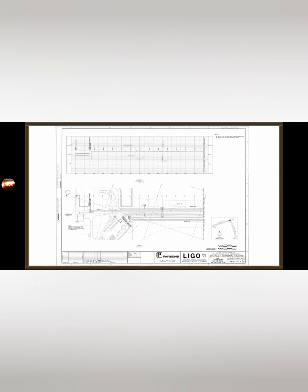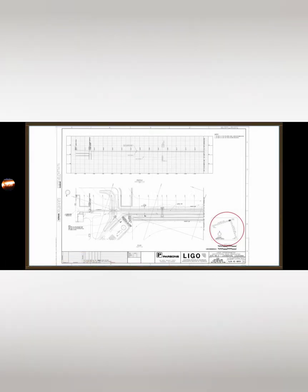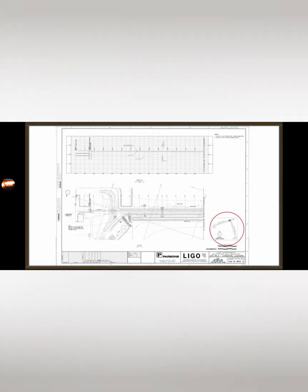You'll notice on these drawings that you'll find a key plan right down here in the lower right corner. And that key plan with no detail on it. And I'm going to show you a key plan with detail, listing the LIGO stations numbered. The key plan tells you what section of which tube you're looking at. That cross-hatched section is what this drawing pertains to. So you can see this drawing starts at the vertex, goes out 1,400 feet, and it gives us elevations every 100 feet. So if we go through the drawing set,